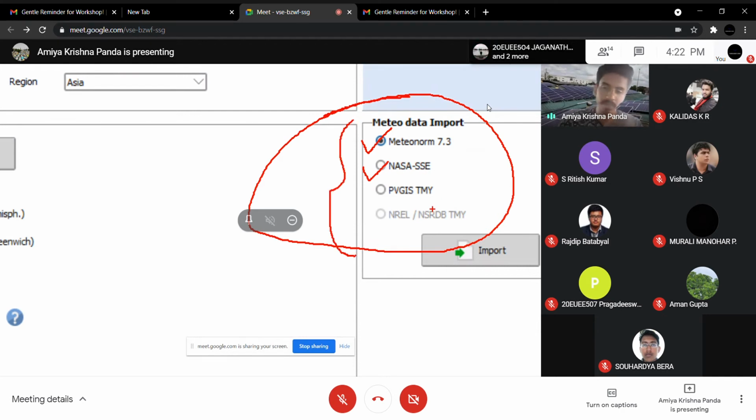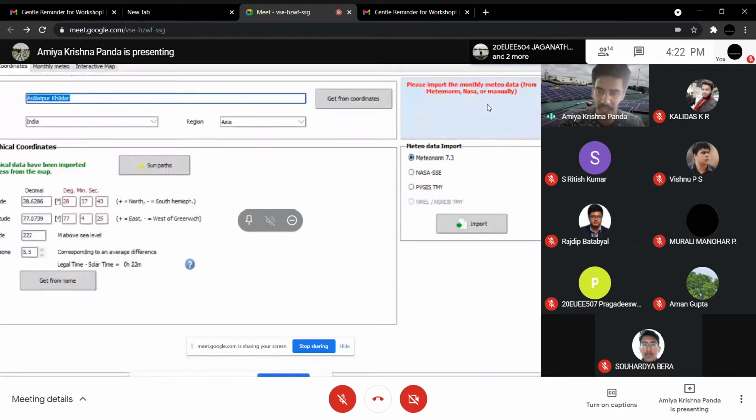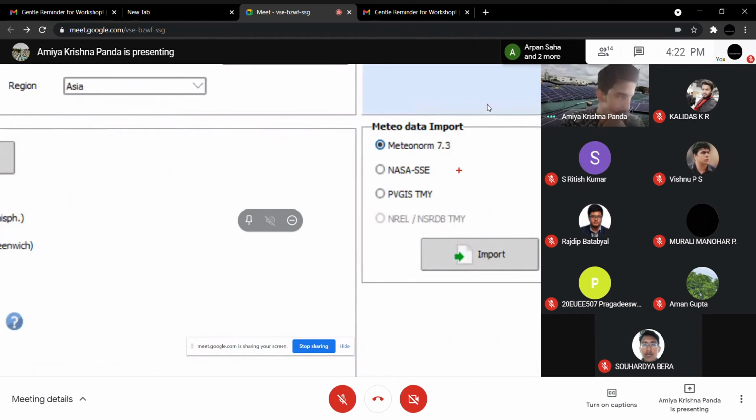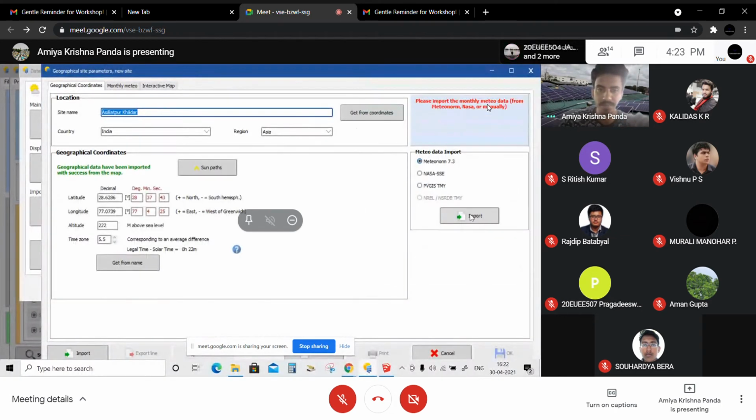So these are the databases for the temperature details, solar insolation details. These are the different organizations or formats who are preparing this. Now as per the accuracy and data availability, Meteonorm is the best option. So try to use the Meteonorm. Now click on import.